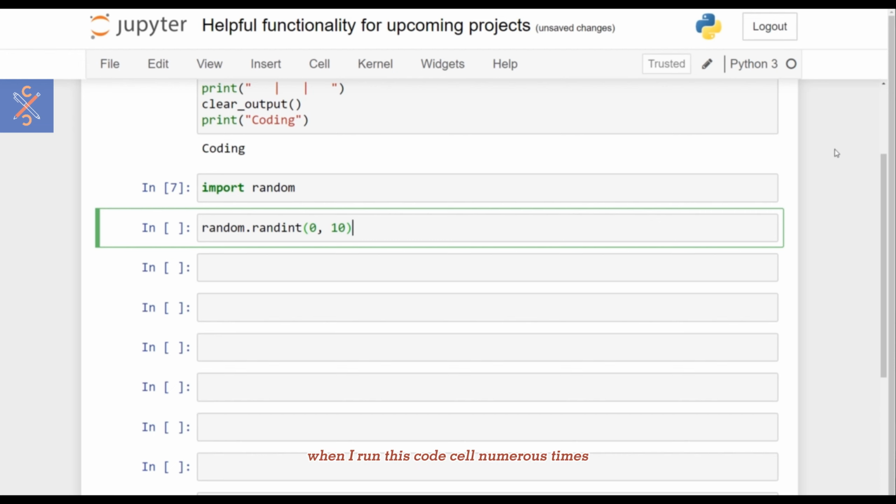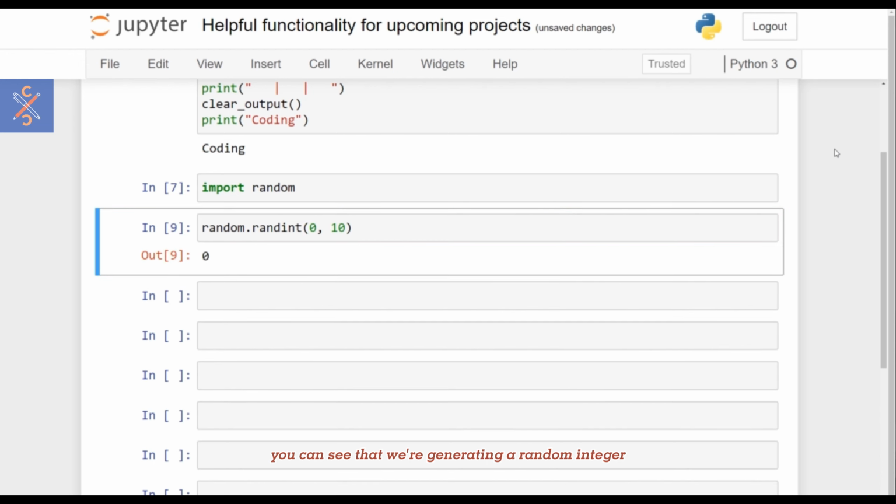when I run this code cell numerous times, you can see that we're generating a random integer between these two numbers. We don't get numbers less than 0 and we don't get numbers more than 10. So a nice way of being able to generate a random integer between two numbers. And just as an example, this could come in useful if you're trying to randomize what player goes first when